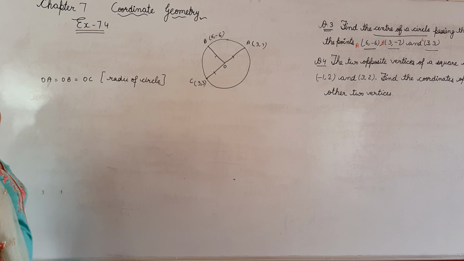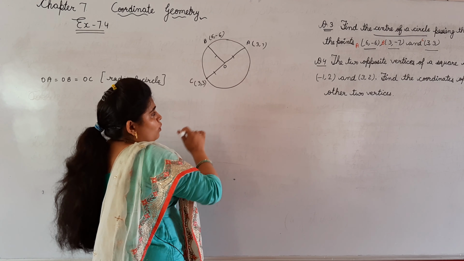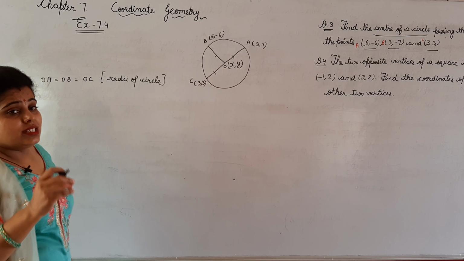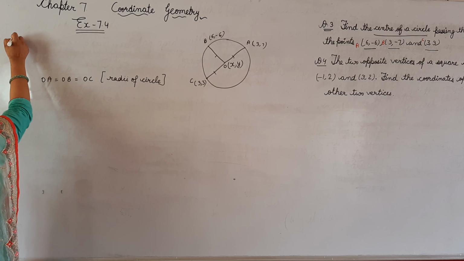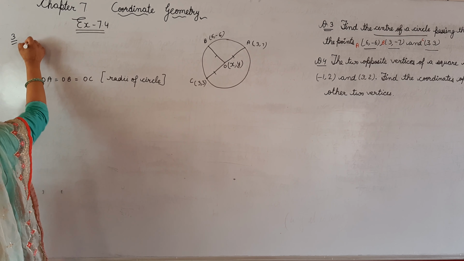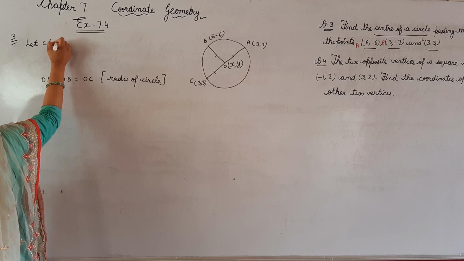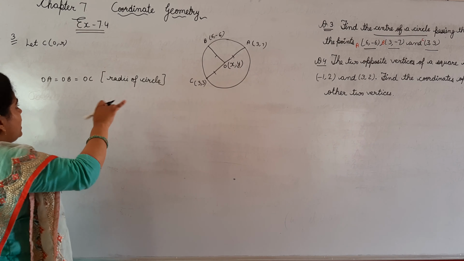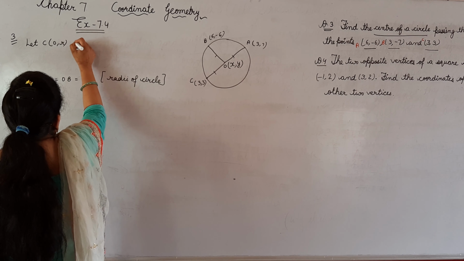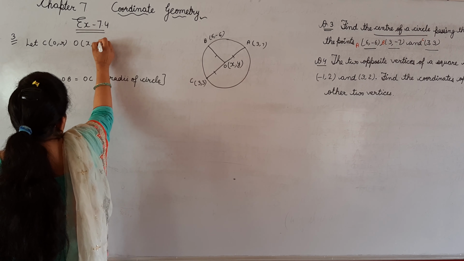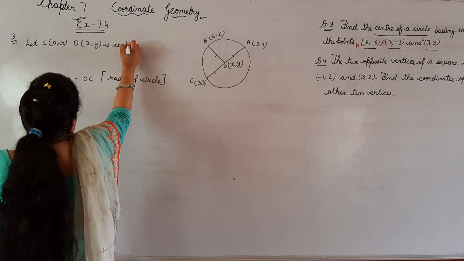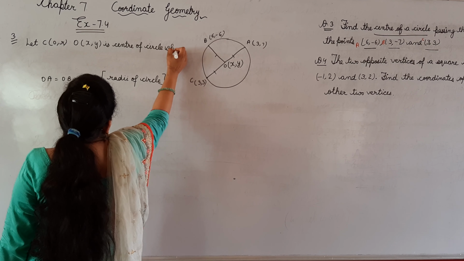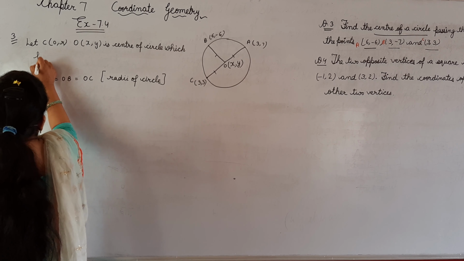This condition is given and we have to find coordinates of O. Let coordinates of O are x and y. We will consider these coordinates. How we will do? Let circle with center O, radius R, and coordinates where O, x, y is center of circle, which passes through, means circle passes through